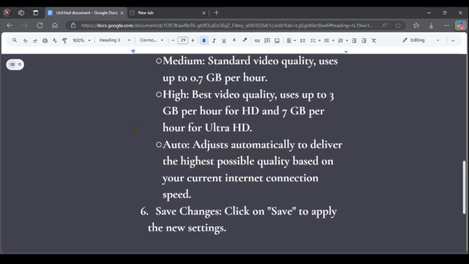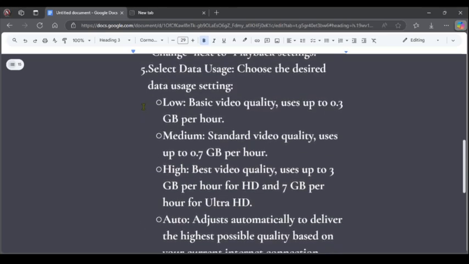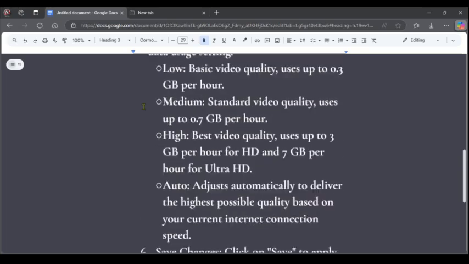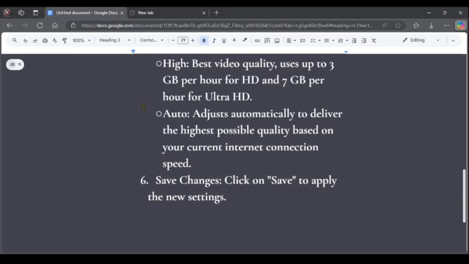So once you figure out the one you want, if it is the high, if it is the medium, if it is the low, just go for any one of them by checking the box, and then you click on save changes, and these new settings will apply immediately,